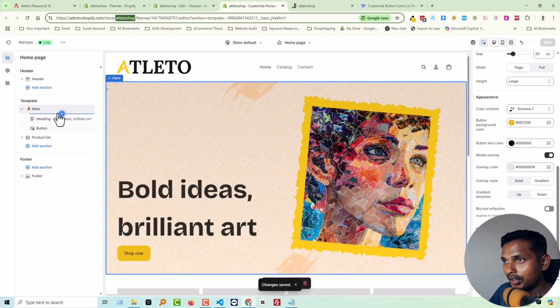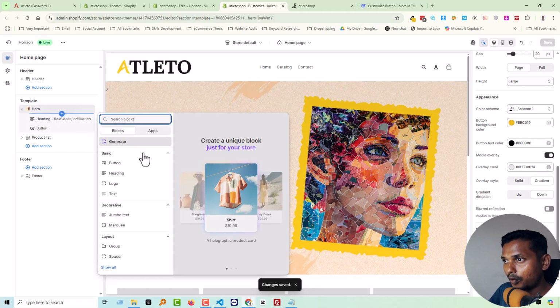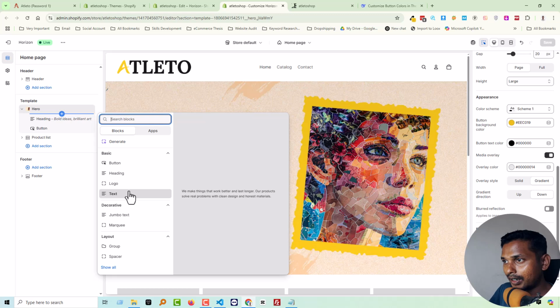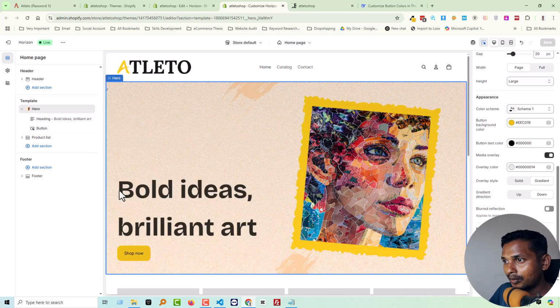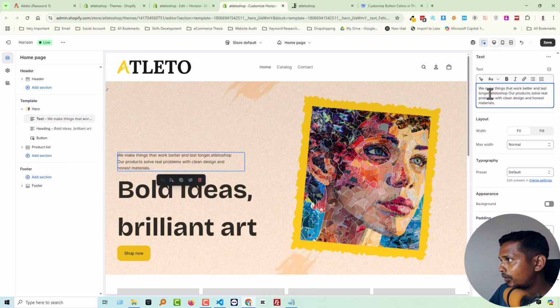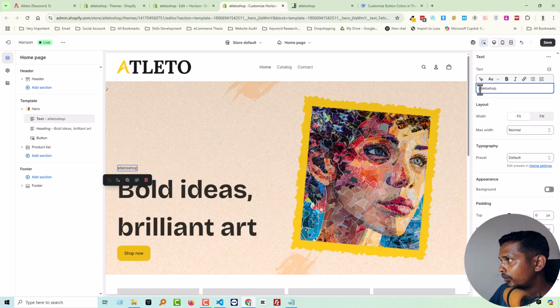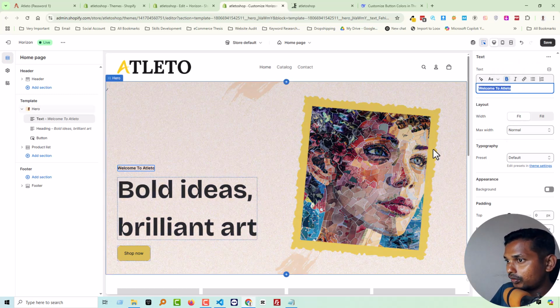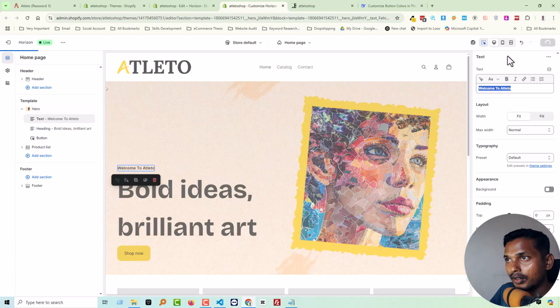So click on here, add a block, text block, welcome to Atleto, and we can make it bold. Perfect. Now it looks better than previous. Click on the save,